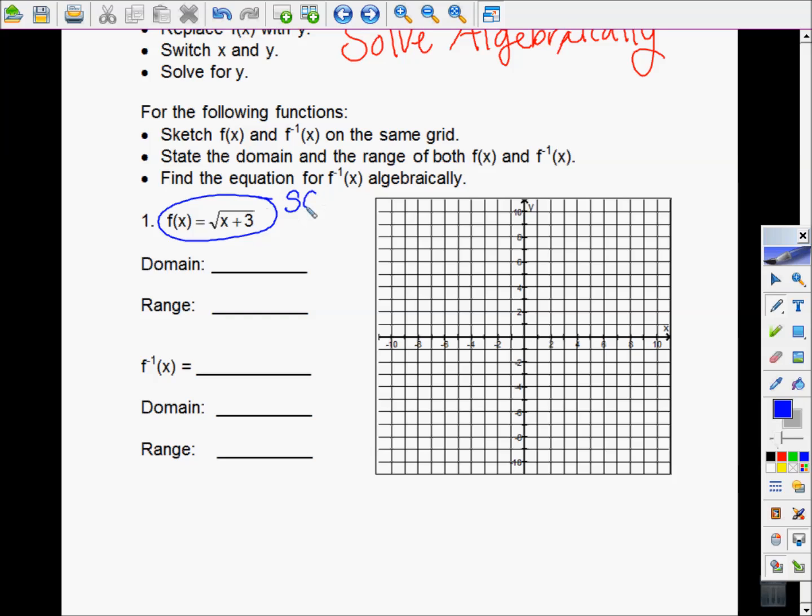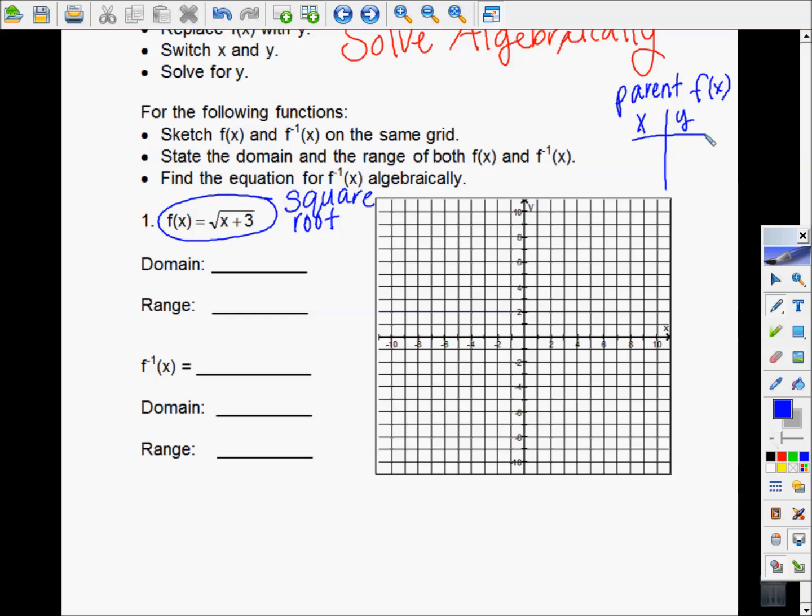So this is a square root. And so we're going to graph it. Well, we know that this means that our function was, what happened to our original function? It was shifted to the left 3. So if we came up with our parent function, the parent of f of x, which is